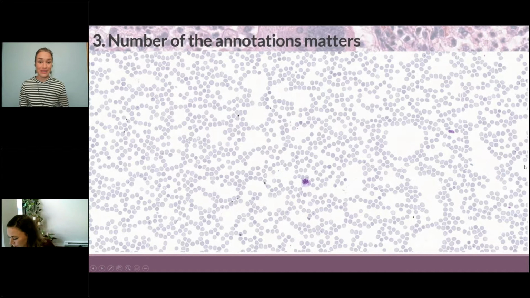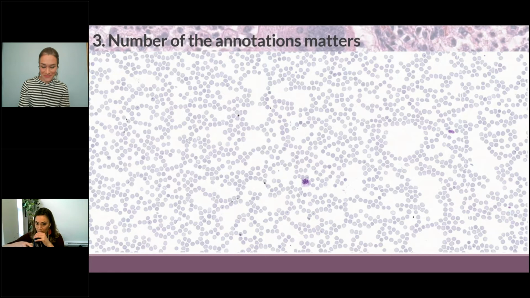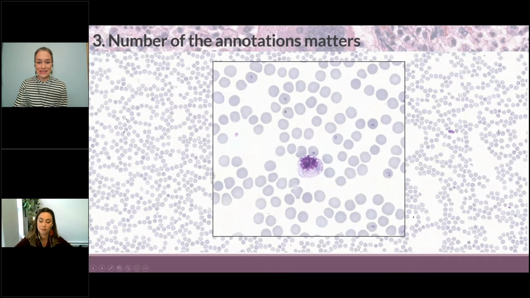So at the beginning of my annotation career for deep learning, I would go in and look at the slide and just annotate whatever I saw in the slide in the proportions I saw in the slide. I didn't even ask myself the question how many annotations I need. I would look at the slide and annotate what I saw there, right? And so in this case,